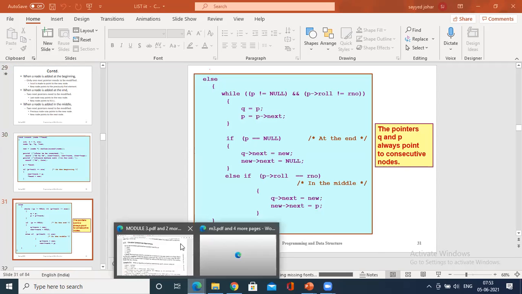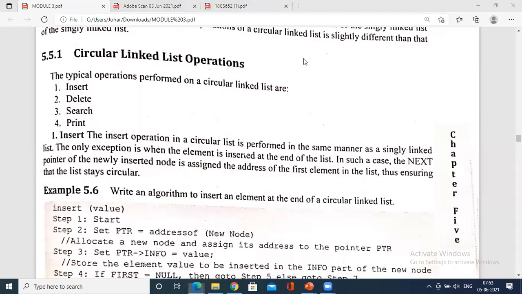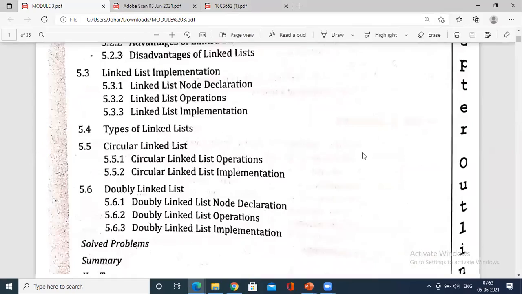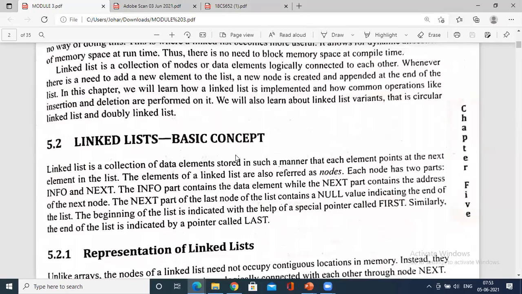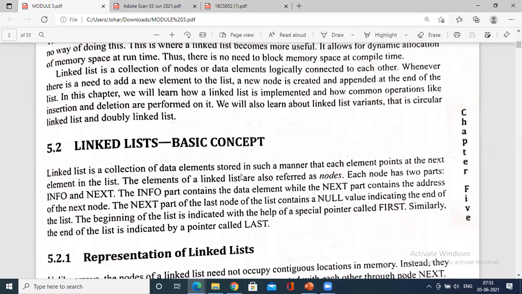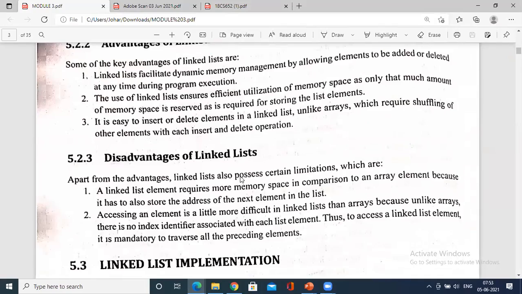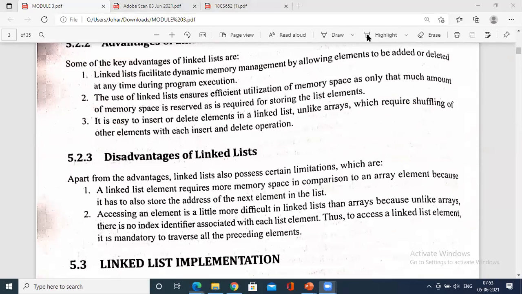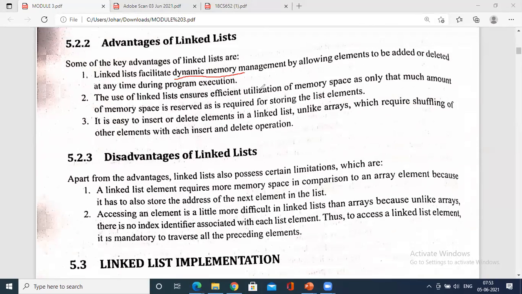And you know what all the basic advantages of using linked list are. It is all about the dynamic allocation. This we have discussed. What is the advantage of using the arrays? That is in chapter number 2, when you studied the different data structures, right? See, it is about dynamic memory management. Last class I stressed dynamic memory management, effective and efficient utilization of the memory. This may be asked definitely. Is it easy to insert or delete an element? When we talked about the disadvantages, sometimes holding the address itself takes a lot of memory, right? This was explained to you, right?